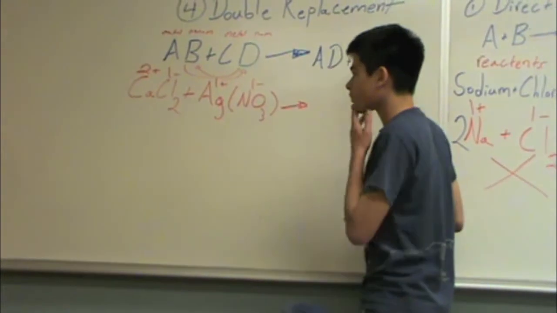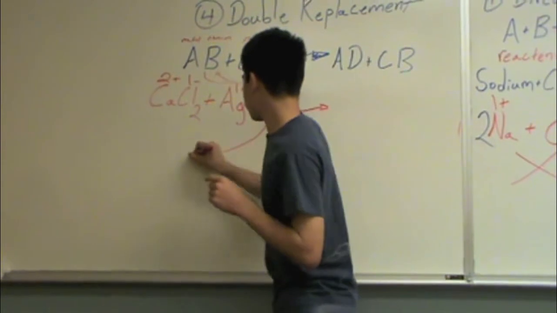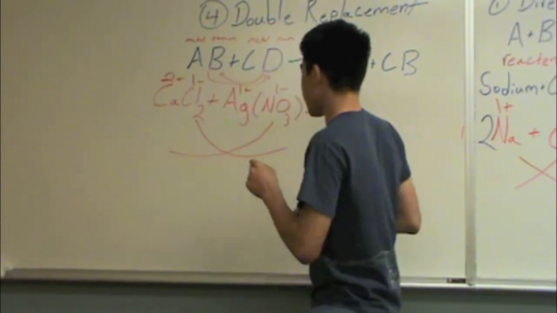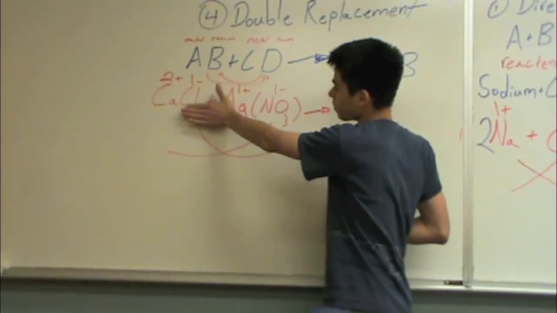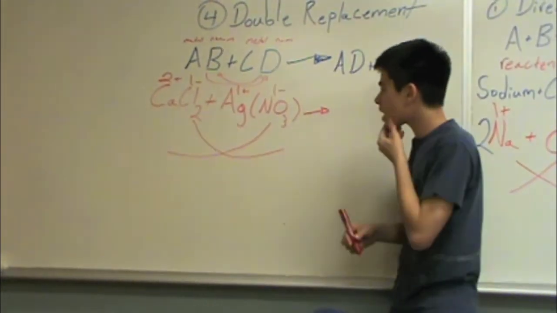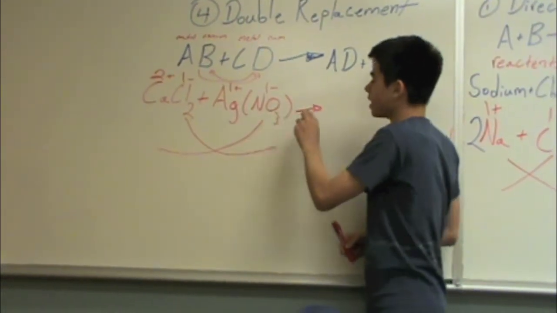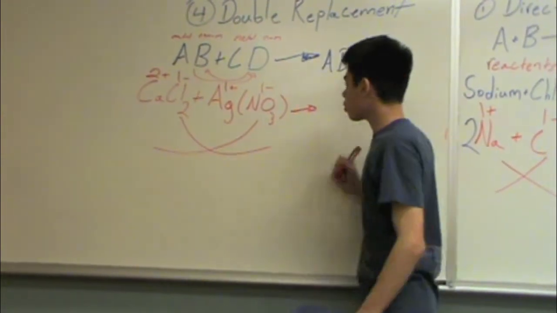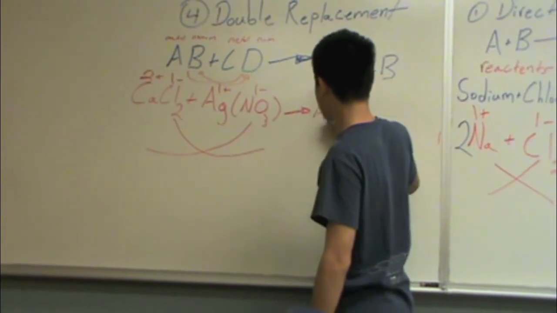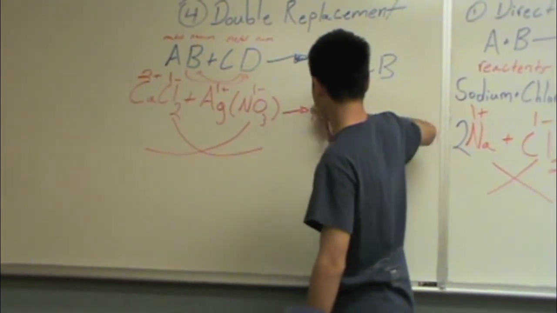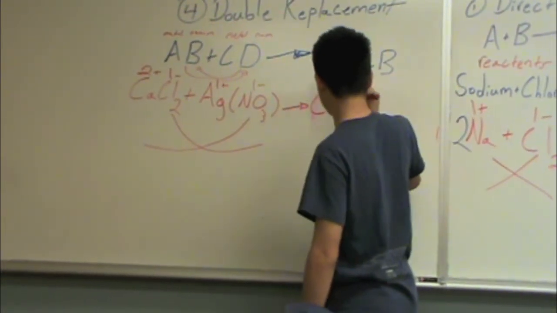So, they're going to switch partners, and the charges, the subscripts, are going to drop. So our chloride subscript is going to go away. The only subscript that's not going to change is our nitrate, the O3, because it's a polyatomic ion, and it's the only subscript that did not change. So what we're going to get is calcium,